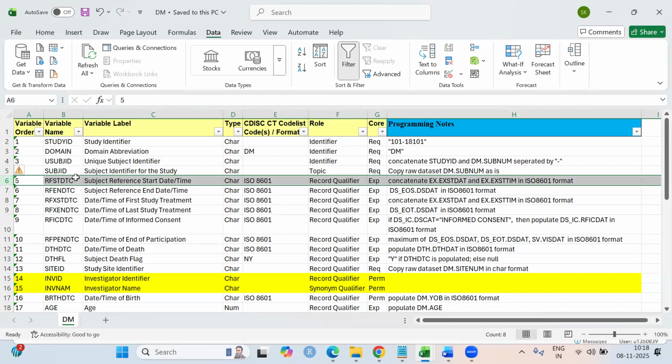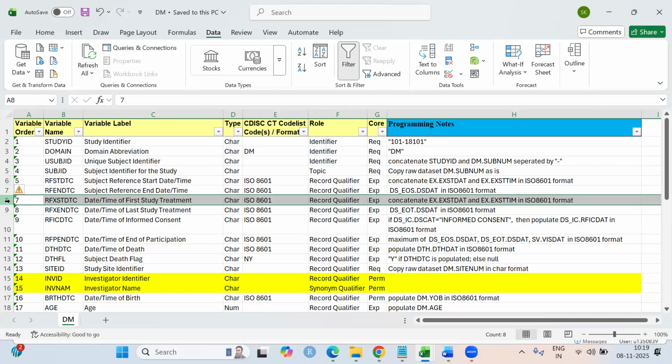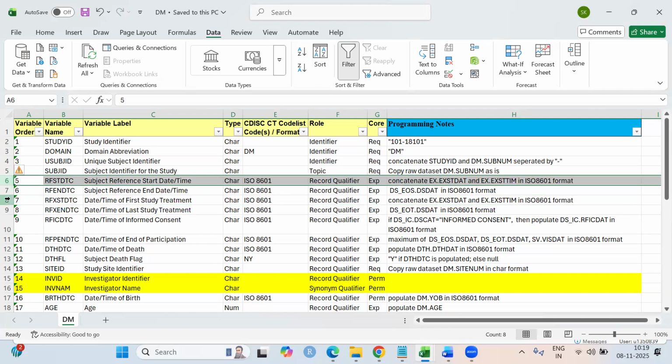However, in this study, we have the first dosing date as the start of the study, because of which the logic for RFSTDTC as well as the RFXSTDTC will be the same, because RFXSTDTC is nothing but the date and time of first study dose received by the subject. So in this case, what you can see is